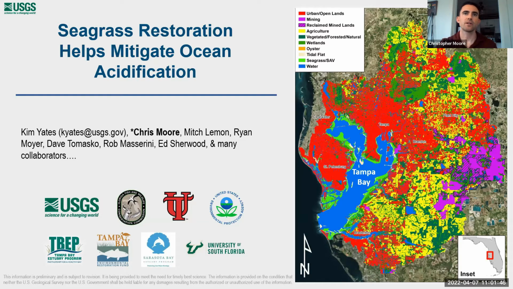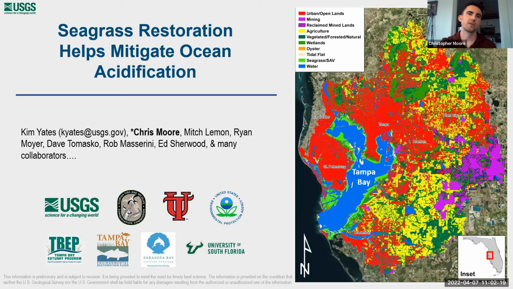This map here in the top right shows land use in the Tampa Bay watershed, where urban is in red, mining is in purple, and agricultural is in yellow. We have 4 major rivers that deliver low pH, high CO2 waters and nutrients from this 2,200 square mile watershed. We have periodic algal blooms that can increase pH, but also cause post-bloom acidification events. Much of Florida, including Tampa Bay, as you know, sits on carbonate bedrock and sediments that can dissolve during low